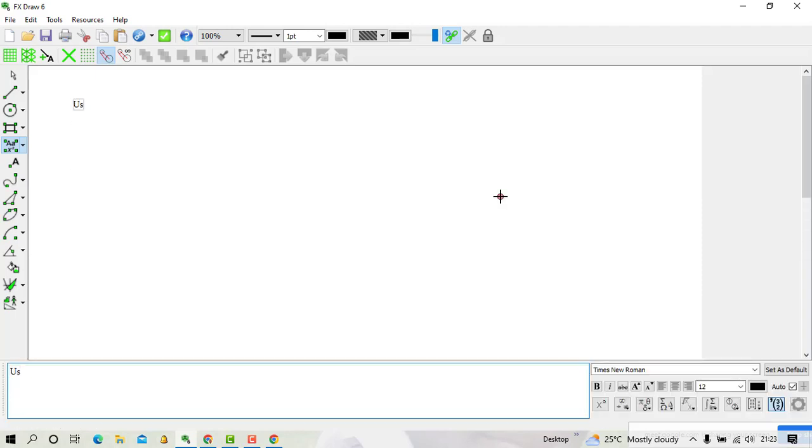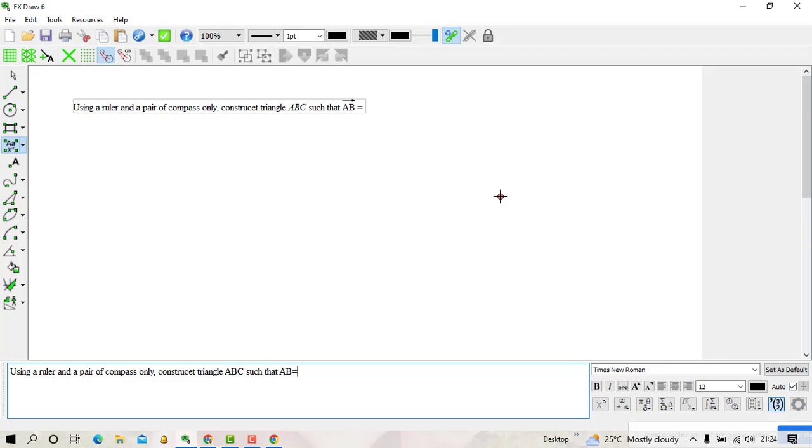The question says that using a ruler and a pair of compass only, construct triangle ABC such that AB is equal to 10 centimeter, BC is equal to 9 centimeter, and angle ABC is equal to 60 degrees, like that.